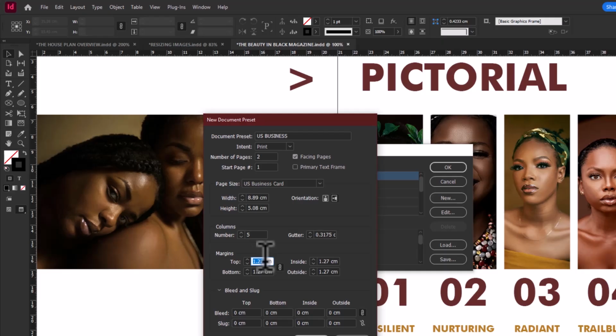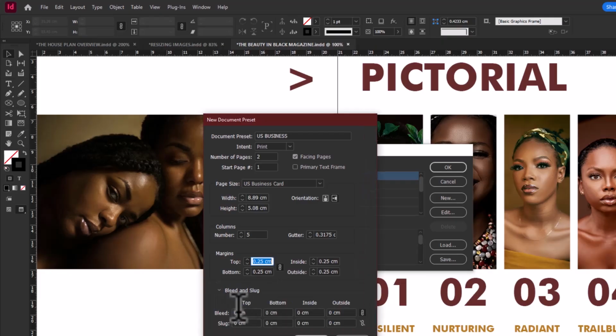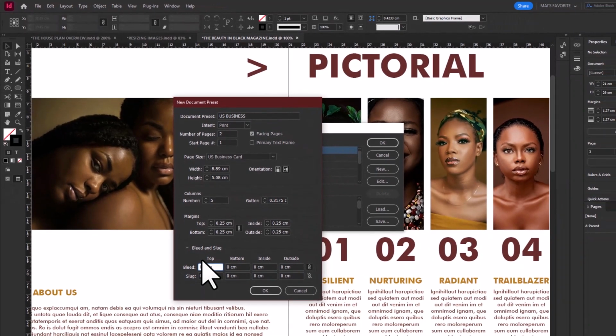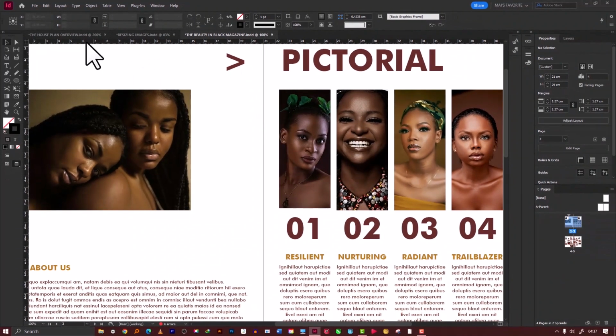the bleed, the margin, 0.25, then bleed 0.125, then click on OK. So let's get back to home